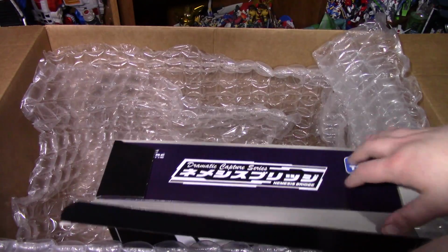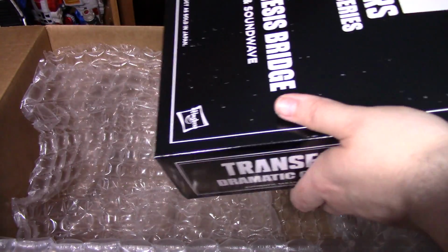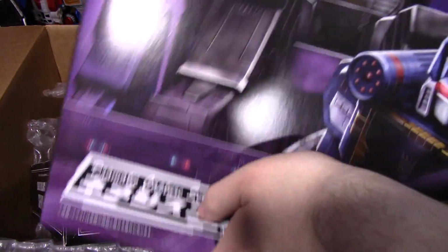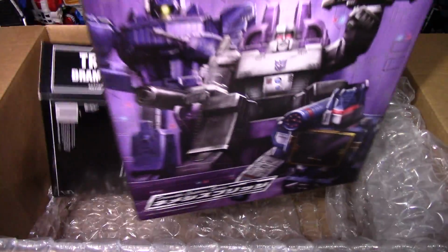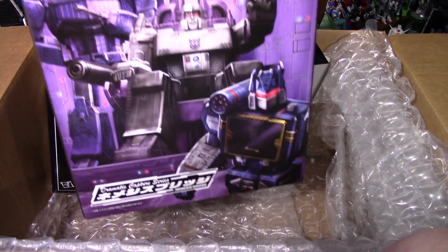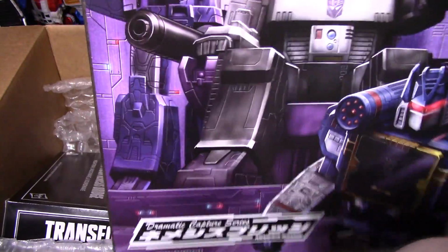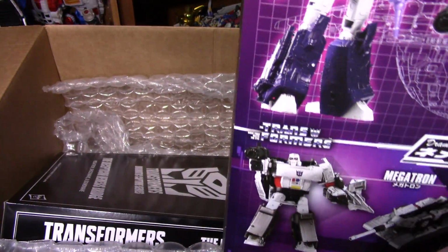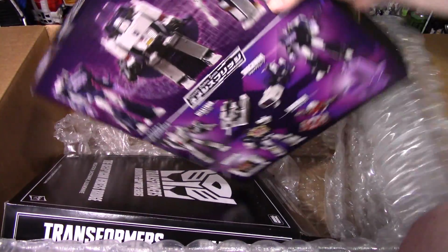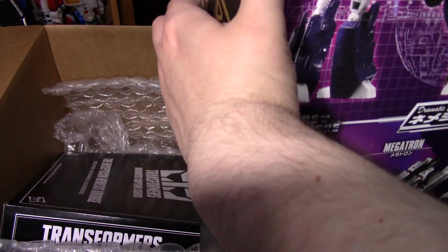And then Soundwave, I was happy with the Netflix one until he yellowed. And this one is an all nice silver paint. But yeah, look at this. Look at this box, too. Megatron, Shockwave, Soundwave, the Throne. That is cool. The Nemesis Bridge. I'm not sure if I'll keep the Shockwave. Probably not. I think my brother said he would be interested in it because he likes the deco. But yeah. Is this like a slipcover? Can we actually...